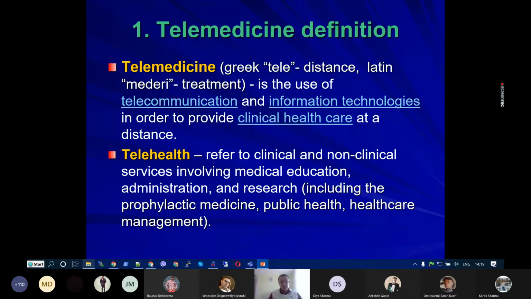Telemedicine should be obvious from the word. It's the usage of telecommunication and information technologies in order to provide clinical health care at a distance. It emphasizes clinical health care. And telehealth, a very tightly related term, refers to clinical and non-clinical services and involves medical education, administration processes, and research, including everything related to public health